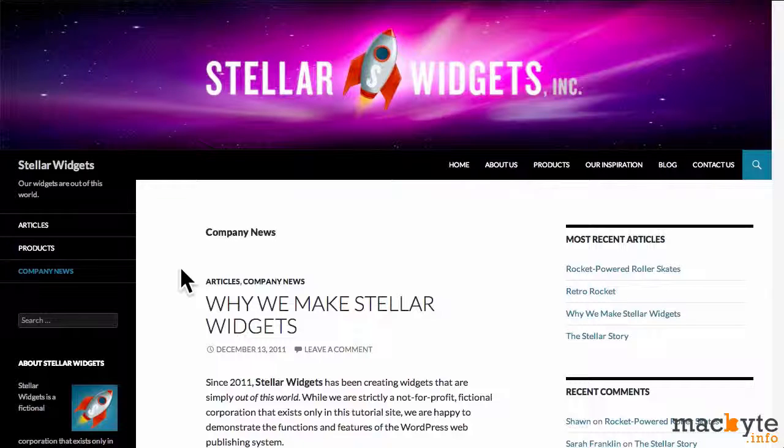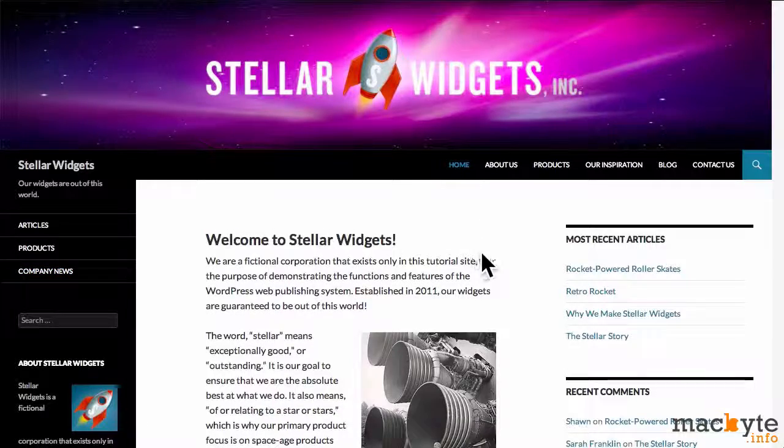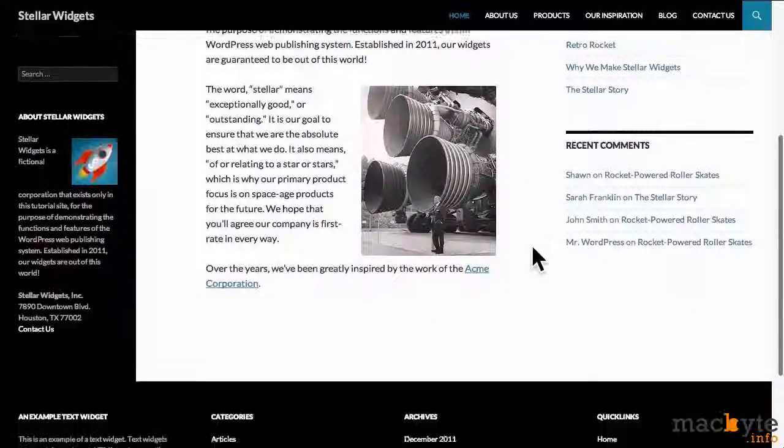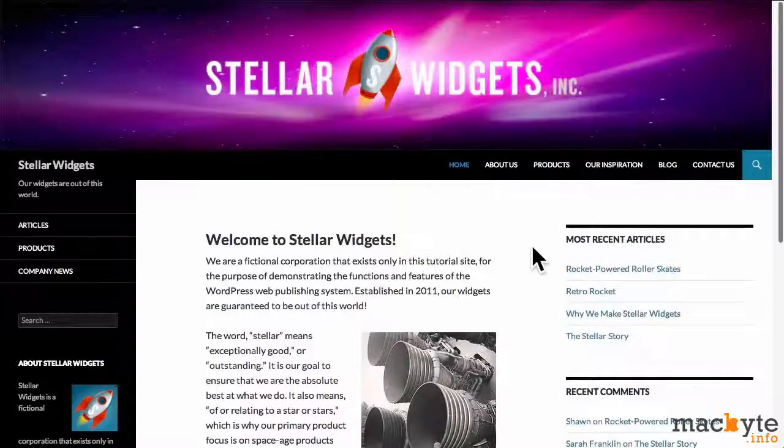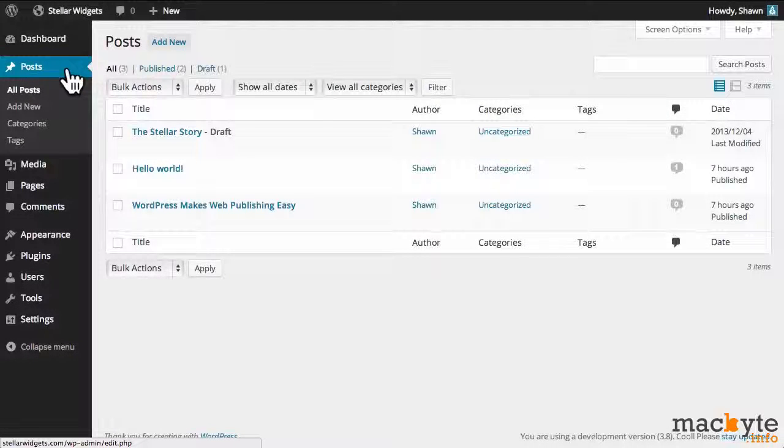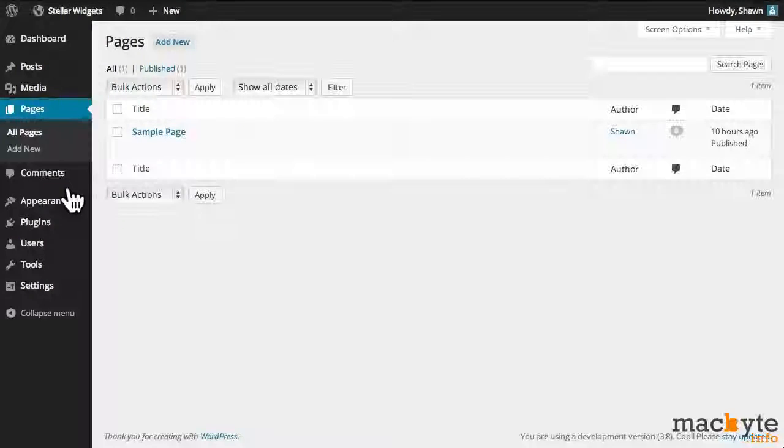It's a good idea to include a blog in your site strategy, but you're not limited to only displaying blog posts on your homepage. As you can see, WordPress enables you to use a combination of static pages and blog posts to build any type of site you can imagine. So now that you have a good understanding of the differences between posts and pages in WordPress, let's take a